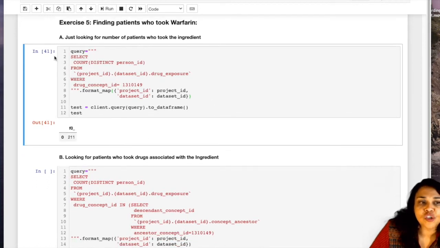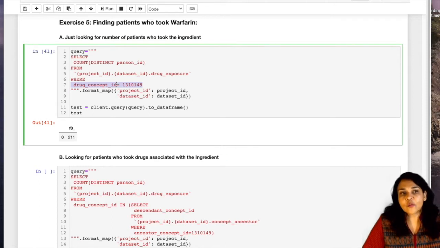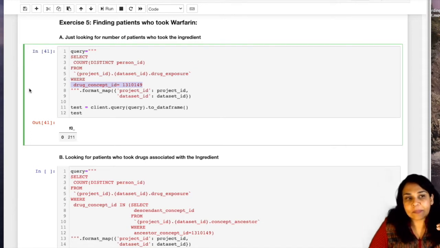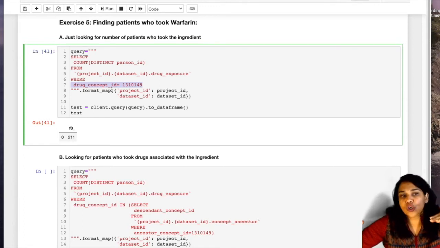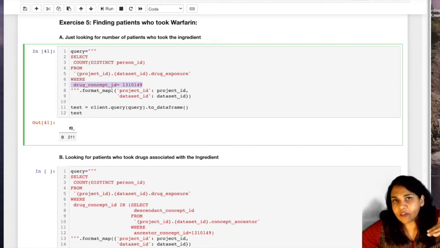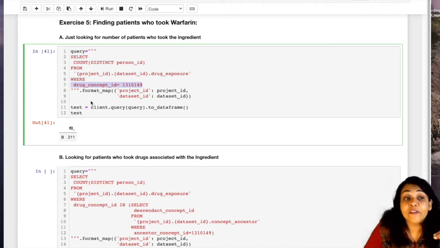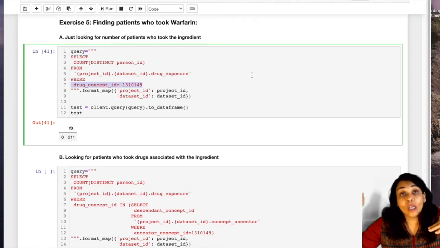Okay, so now I'm not just looking for this one drug with this one concept ID. I actually want patients who took the drugs associated with this ingredient. So for example, you could have 100 people who took this warfarin, this particular concept ID, but you could have a whole lot of other people who took not warfarin, because remember, warfarin is a separate concept. Warfarin 5 milligrams is a different concept. 5 milligrams, 10 milligrams is a different concept. So if I want people who took not just this specific drug, but that and all its descendants and everything